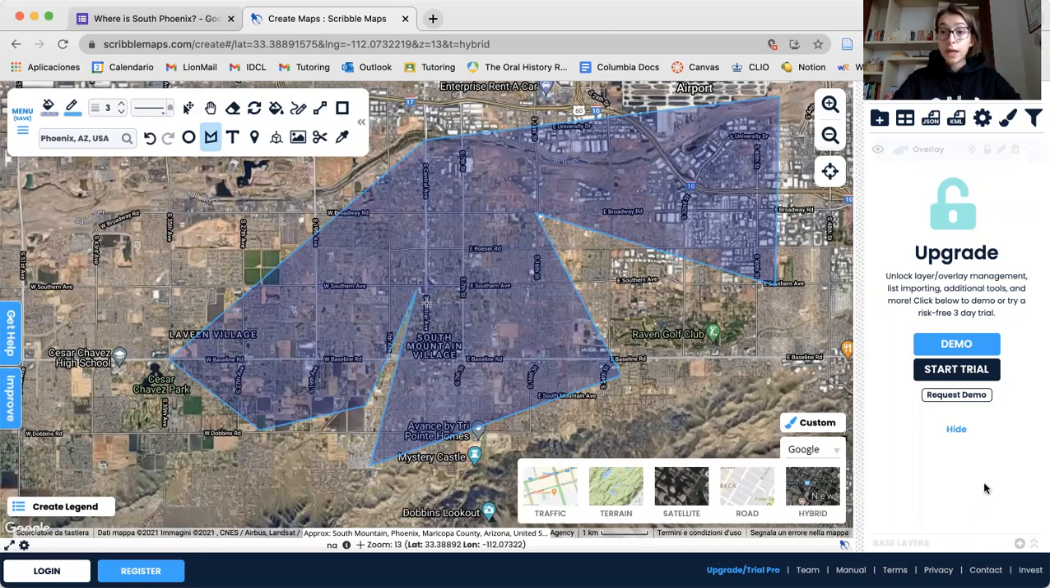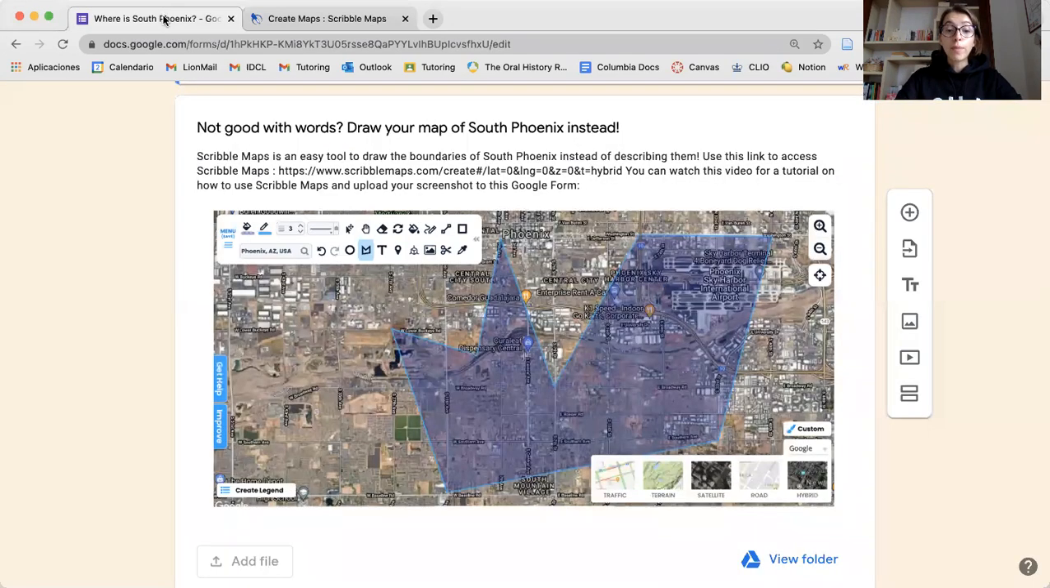Now, once you find the screenshot, you can go back to the form and you can upload the file here where it says add file. Okay, so this is your tutorial,